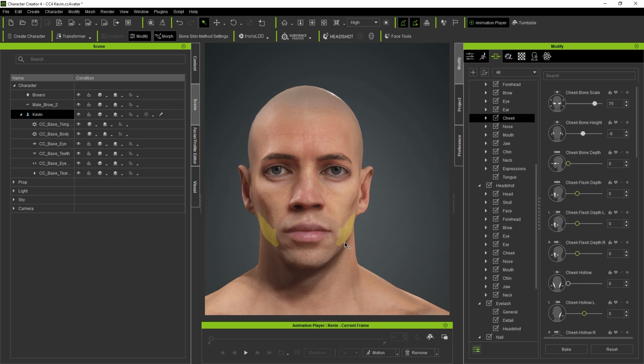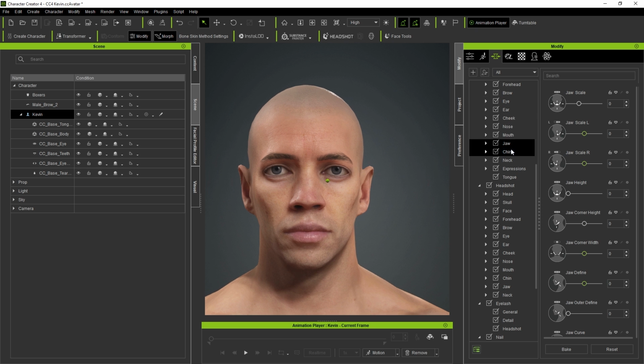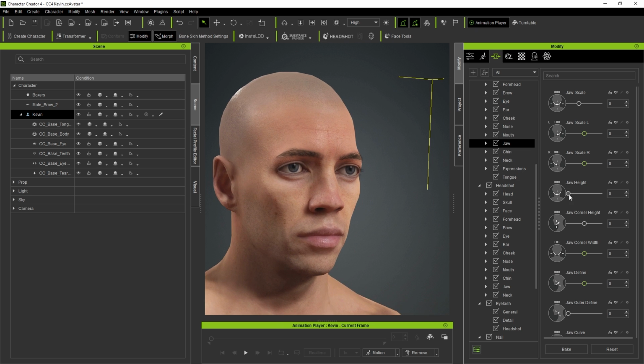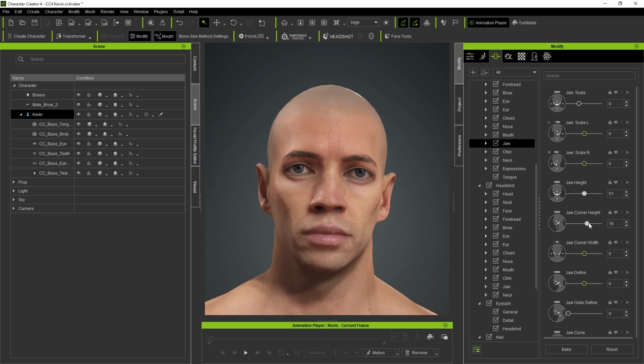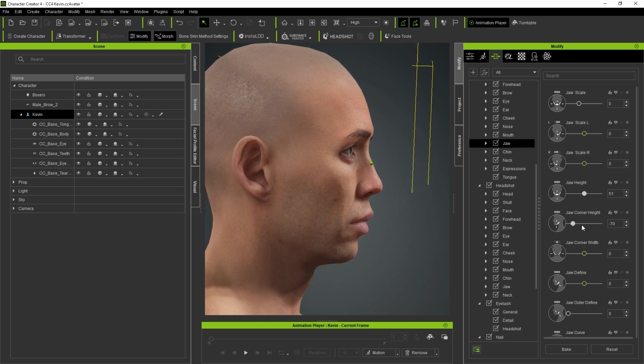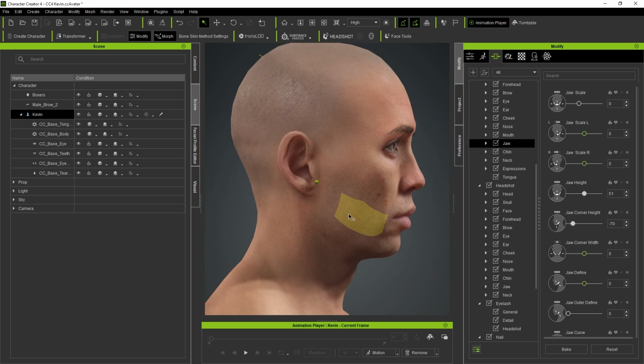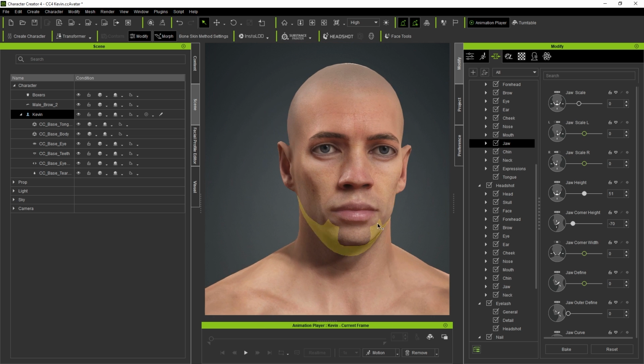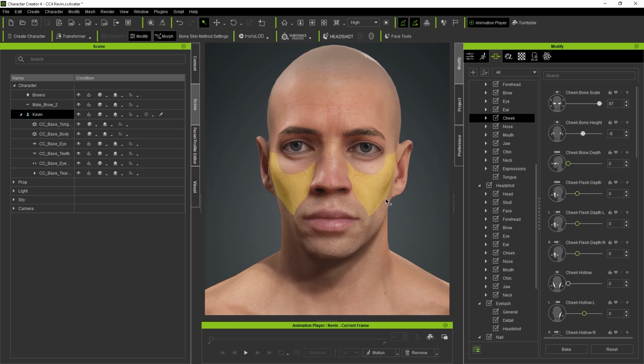And then I can just go ahead and click on a specific area or go through these categories or these sliders, and I can adjust it. So the jaw height, for example. I'm gonna make this a bit shorter. Corner as well. So this is here on the side, right? So there's a lot of customization that you can do. This is pretty fun, and you can spend a lot of time just clicking and tweaking things,